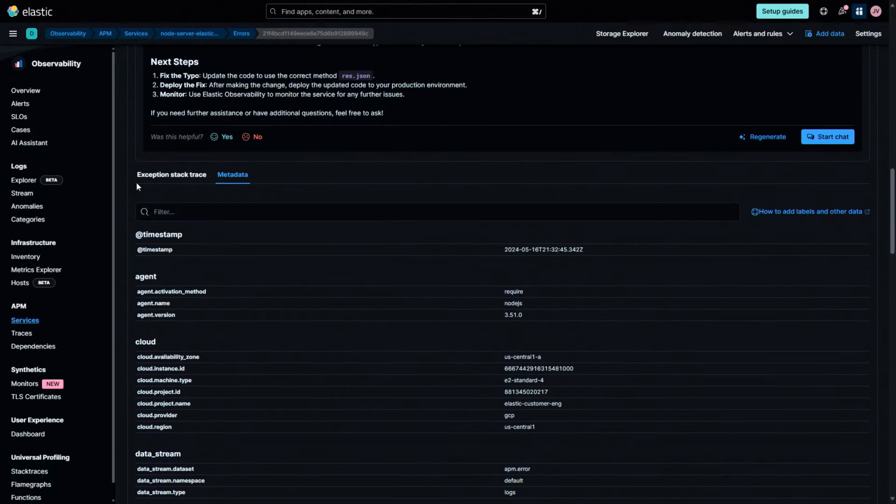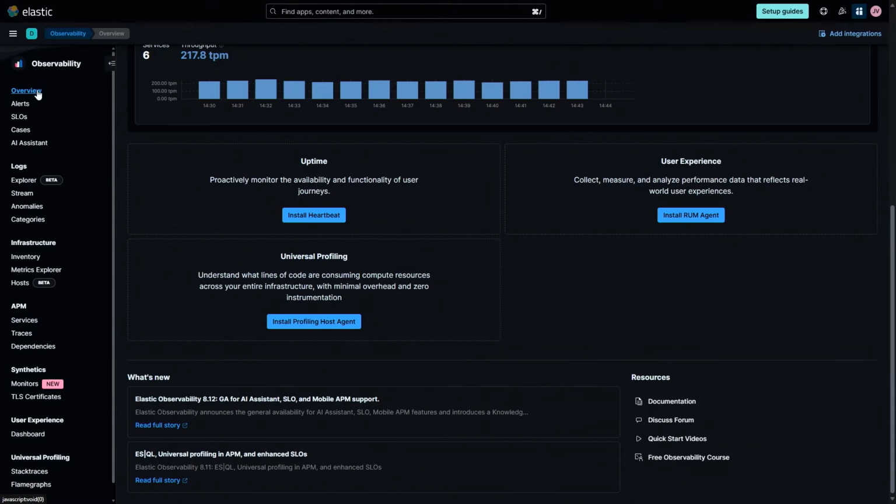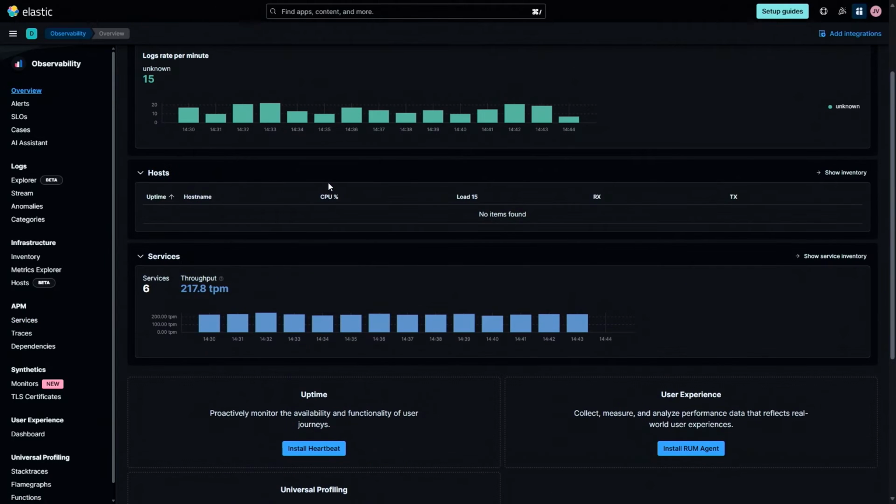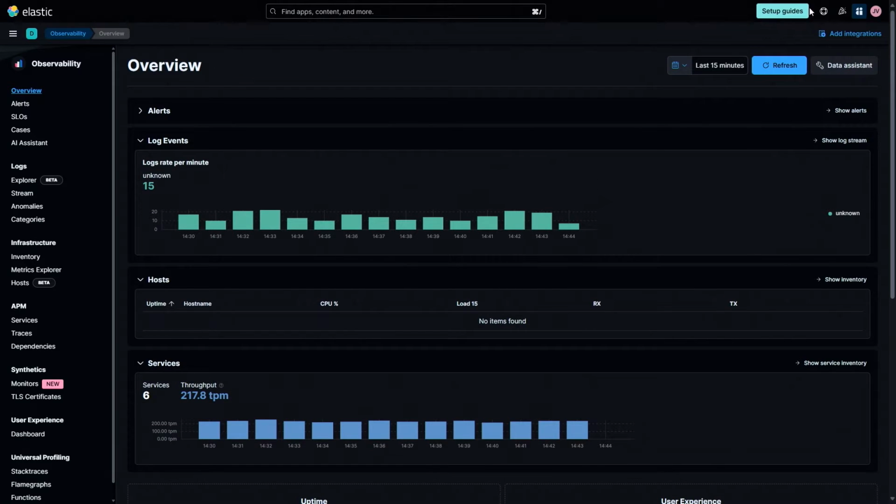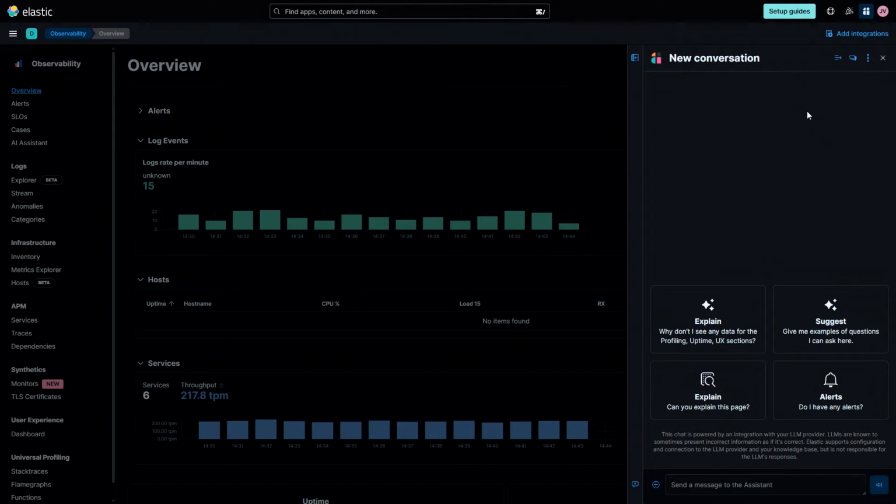So that's one way. But that still involved me clicking around and dropping down layers. So instead, I can be extra lazy and sit in the main layer, and there's a gray version of that icon, and click on that. And we have a little flyout. So you can chat with it. You can ask it kind of anything. You can ask it for help on how to perform queries. You can ask it how something works in Elastic.